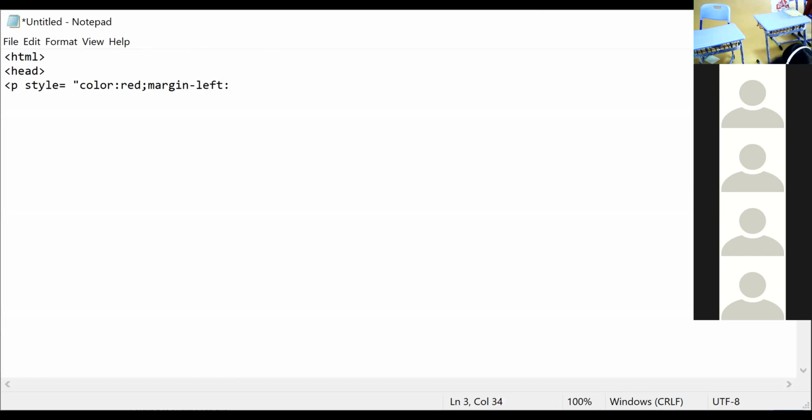You have to mention it like 20 pixels or 20 points. Writing this text: this paragraph uses inline style.